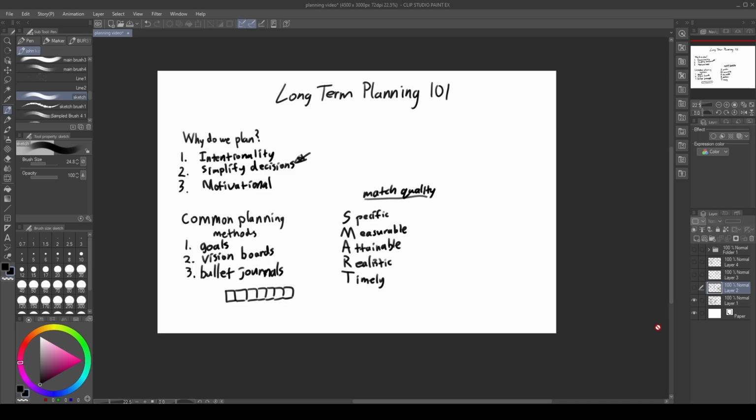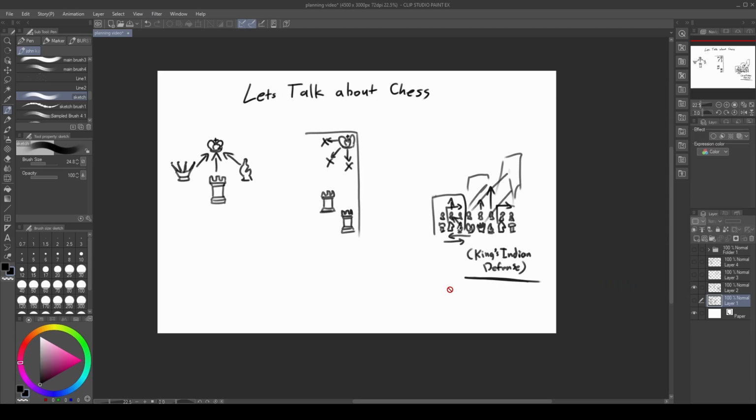All the common methods, I see them as tools that can make a plan better, but none of these things on their own are a plan. My issue with it is that it ignores the biggest roadblock. Everybody ignores this, and I have no idea why. And that issue is we need to protect the king.